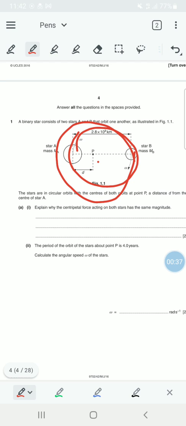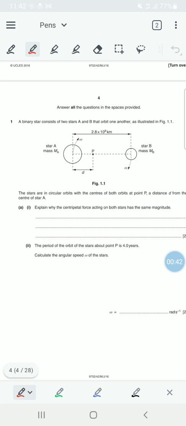So they have their own orbits. That is something that you must figure out. You have to read the question, look at the diagram carefully, and try to understand what they are saying. Now the details that they have given: star A has a mass of ma, and the separation between the two central points of the two stars is 2.8 times 10 to the power 8 kilometers. And star B has a mass of mb, and the separation between the central point,